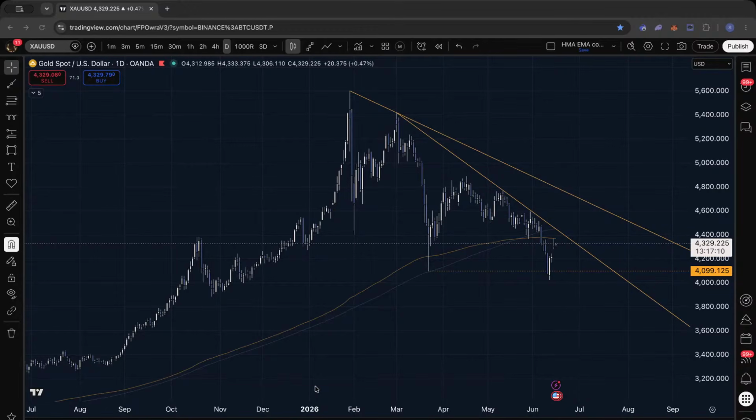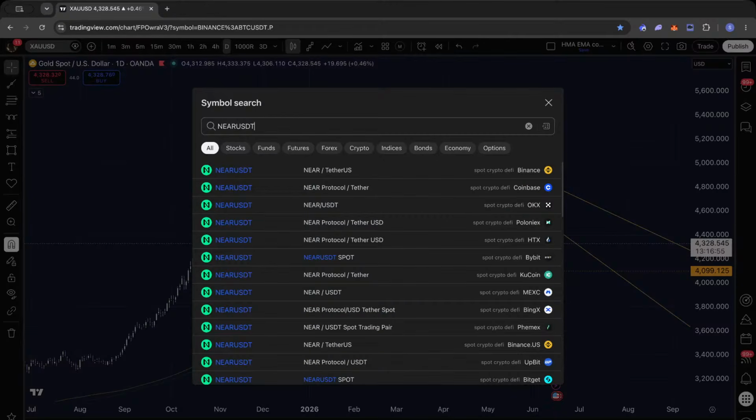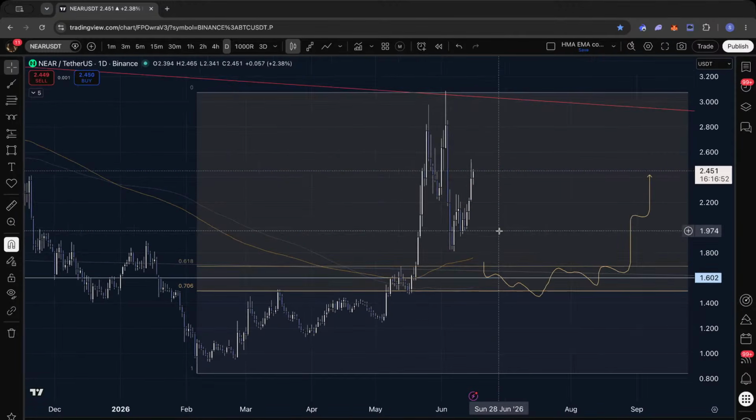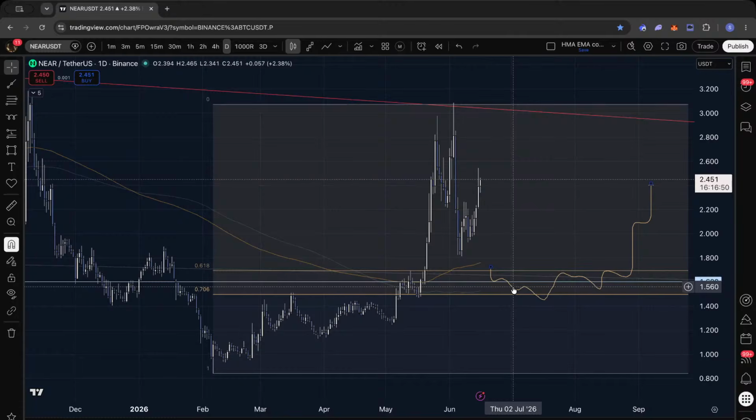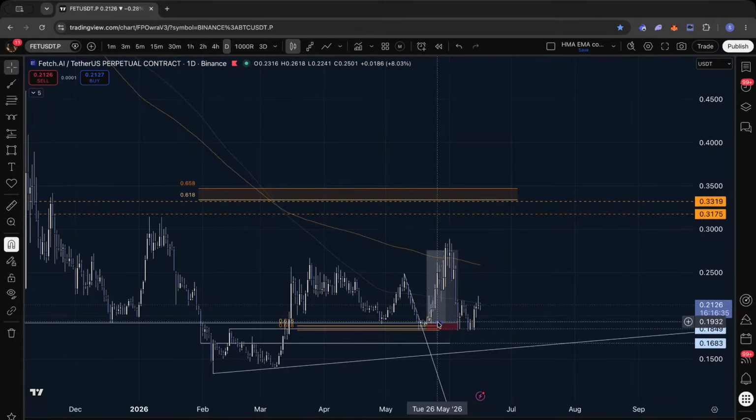Okay, let's go to the next one. Again, I don't know why people are asking about WILD, because I don't see anything on that coin. Let's go to the next one, NEAR. Well, I was waiting for 1.6 for a retest here, absolutely nothing. Right in the middle of this intermediate range. I'm not going to touch it. Actually, it's entering the short low zone. No, thank you. And FET, it actually gave another entry on the long setup that I was mentioning here.